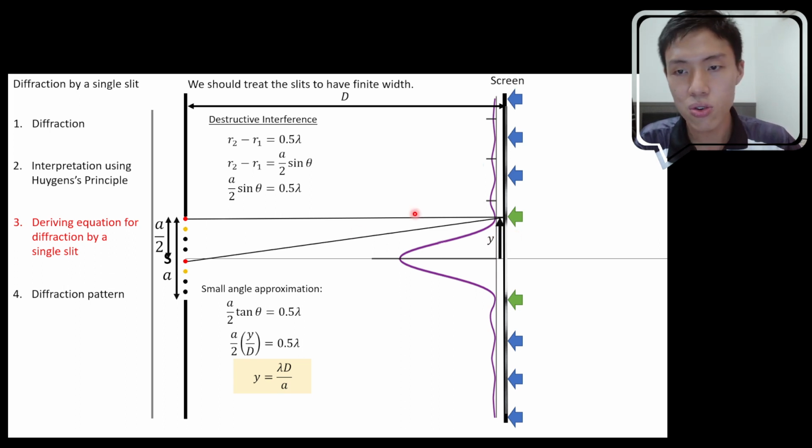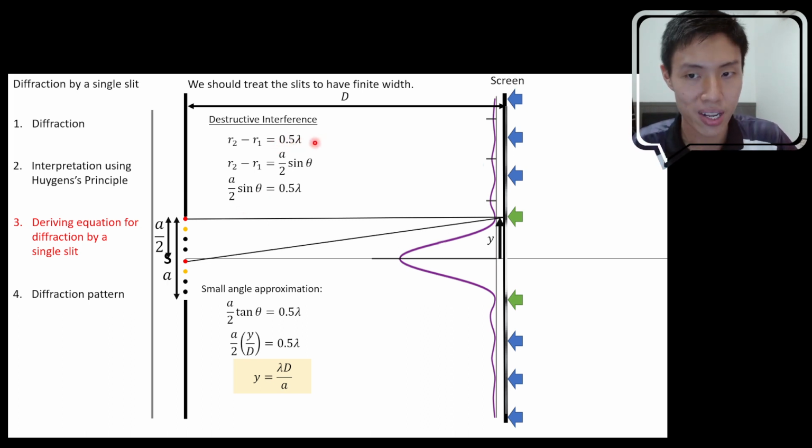Okay, so the red point here will disrupt the red point over here. They will interfere destructively. Then the orange point here, if you draw a line over here, you get that R2 minus R1 should be the same thing also, which is 0.5 lambda. If you think about it, I think it makes sense. Because you go down by a little, this one also will go down by a little, so the length over here will be similar to the length over here. The length over here will be similar to the length over here, so the difference will be the same,